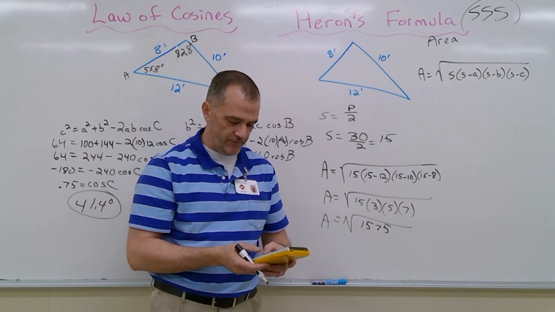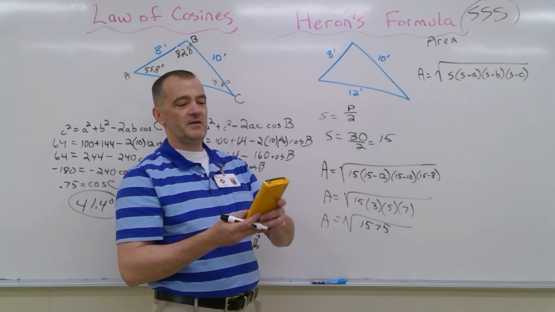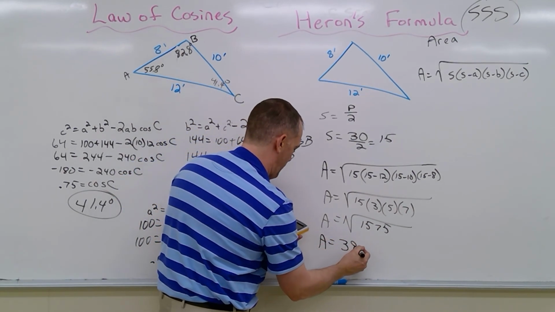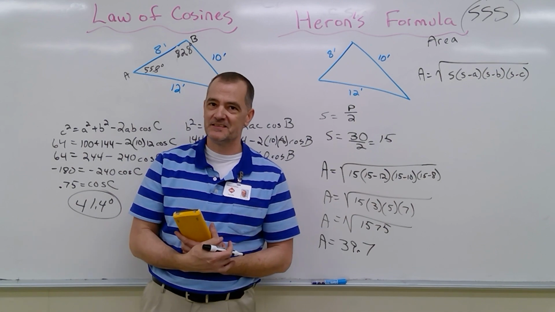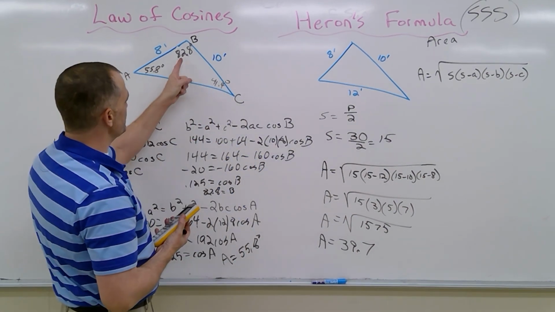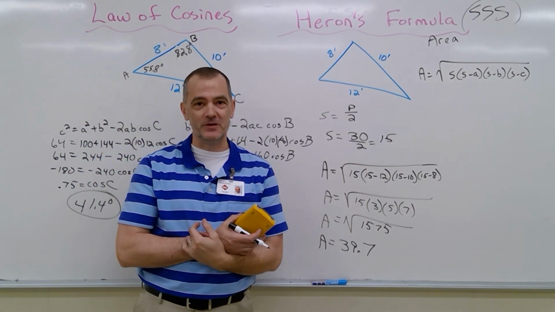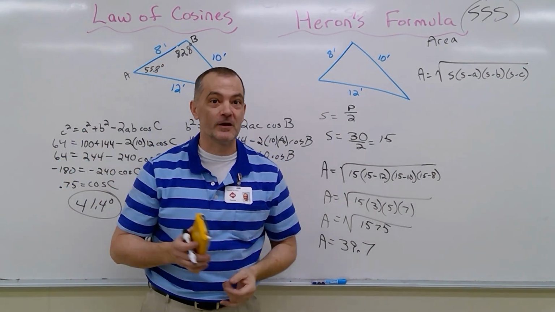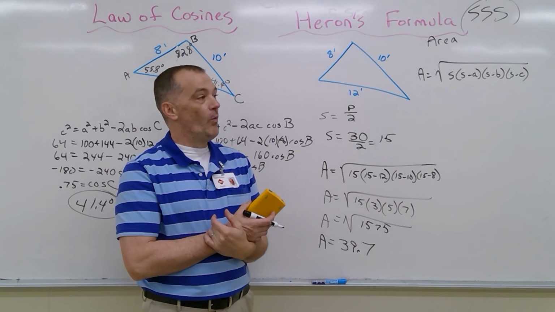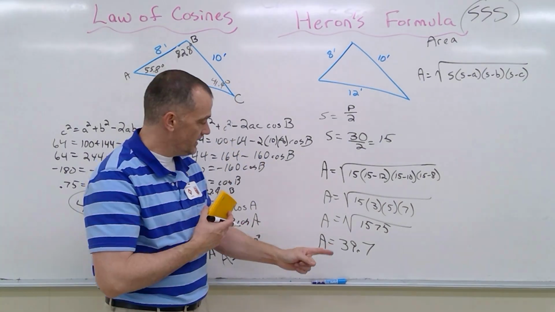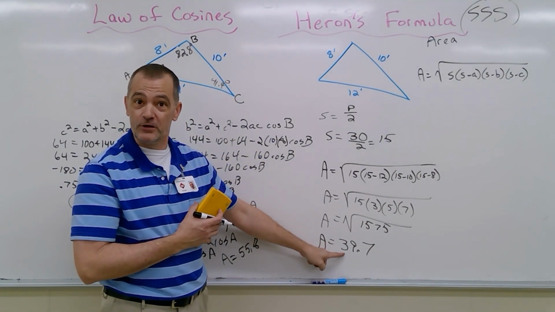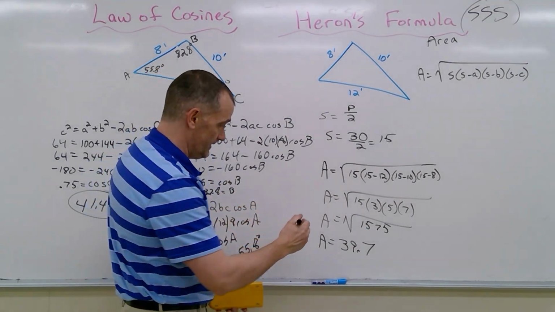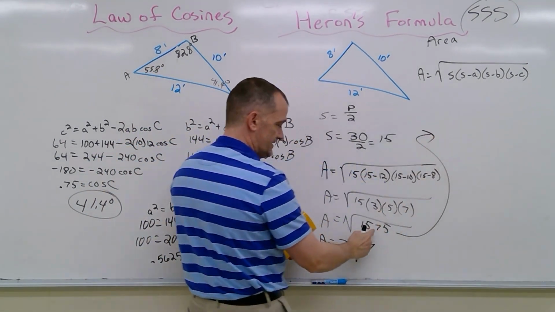And the square root of 1,575, wow, is 39.7 square feet. And as we said, this angle was real close to being 90 degrees, which meant that these two are real close to being legs of a theoretical right triangle. So 1/2 times 8 times 10 would have been 40, and the area of it is pretty close to 40. Now, if you want to do this another way, and this is actually kind of fun, instead of